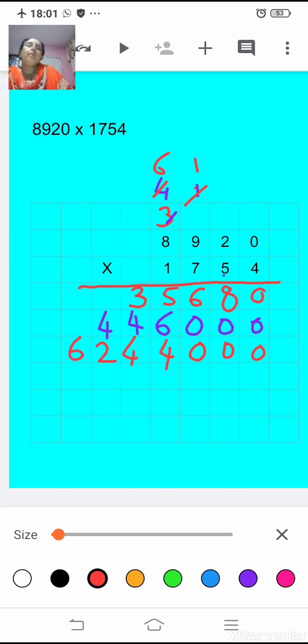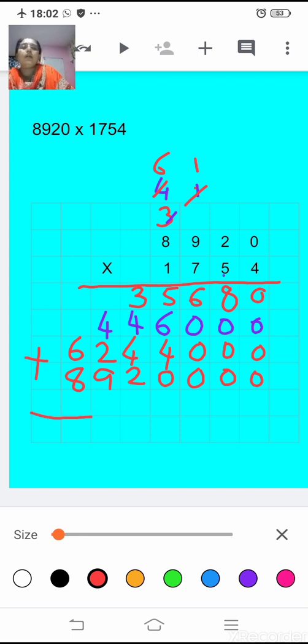Now coming to the number 1 in the thousands place. So ones place you will put a 0. Tens place you will put a 0. Hundreds place you will put a 0. Again now start with 1. 1 into 0 is again 0. 1 two is 2. 1 nine is 9. 1 eight is 8. Now what you have to do, children? We will add all the numbers.